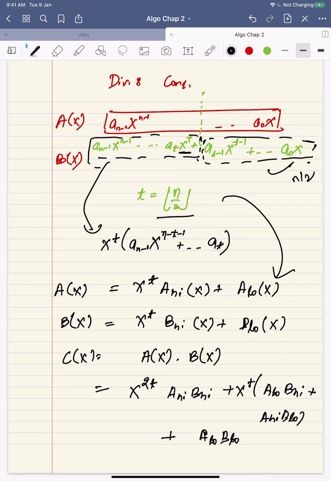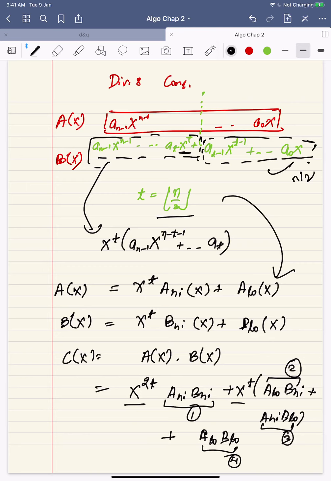Now what do you see? So you've divided into smaller subproblems. This is one subproblem of size n by 2. Convince yourself. A and B are polynomials of size n by 2 and you're multiplying this. So this is a single subproblem of size n by 2. Similarly, this is the second subproblem, third and fourth. So you have 4 subproblems, each of size n by 2 here, and you are solving these recursively, and combining by multiplying with certain terms and adding.